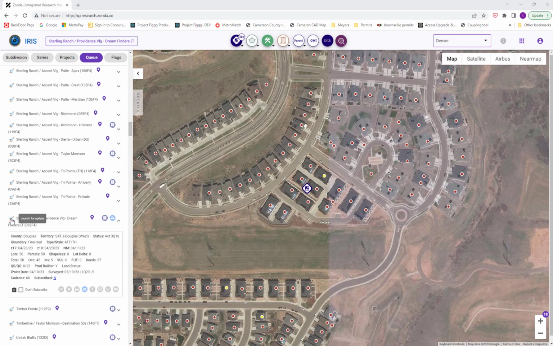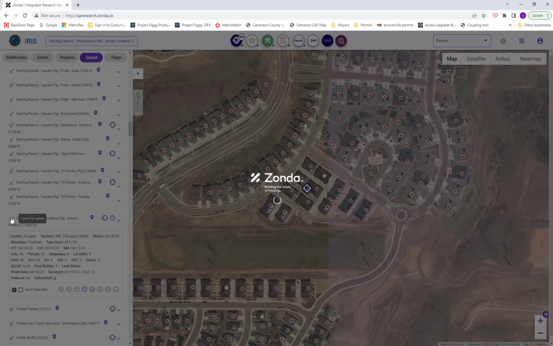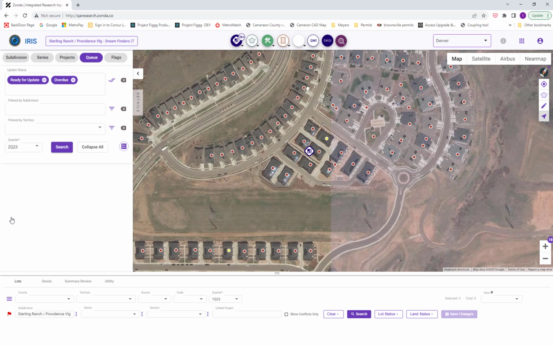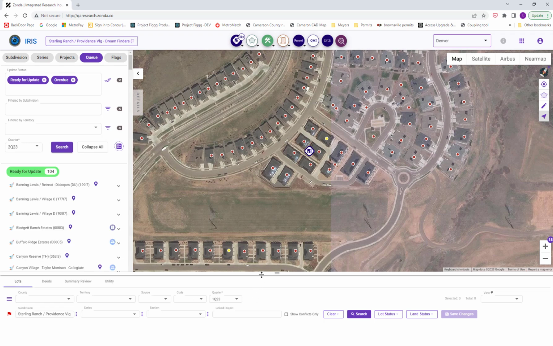control panel. So clicking on the rocket will select all of the lots within this subdivision and put them in the Luna grid. Also,